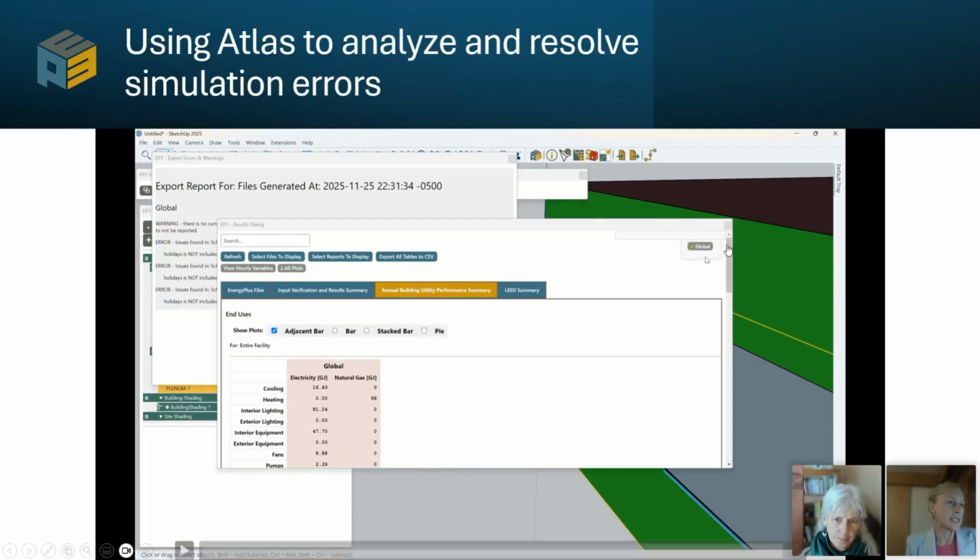But next to each efficiency measure that was simulated, there'll either be a green check if there were no errors, a yellow check if there were errors, but it simulated anyway, and then a red X if there were any severe errors. So if you click on this button here,